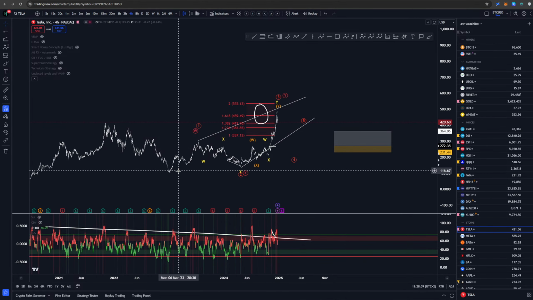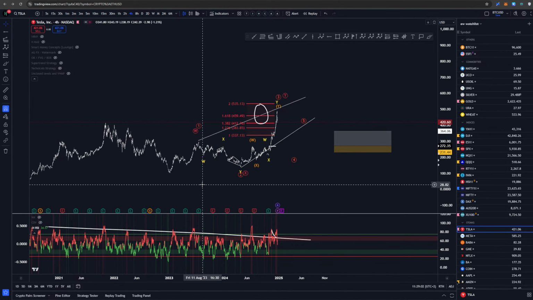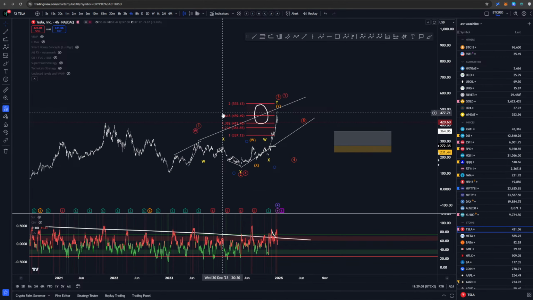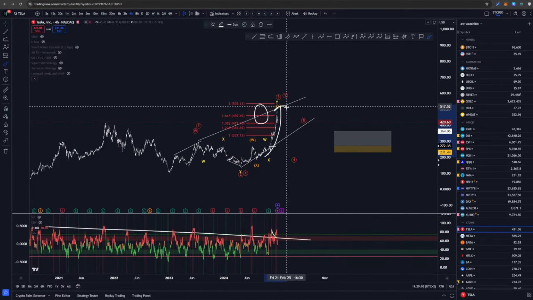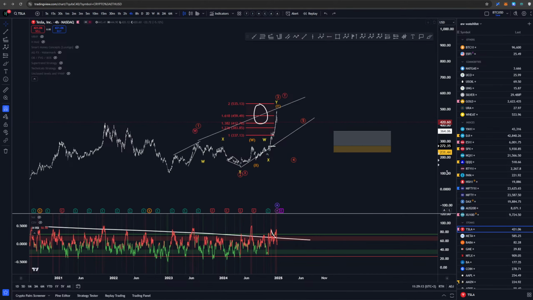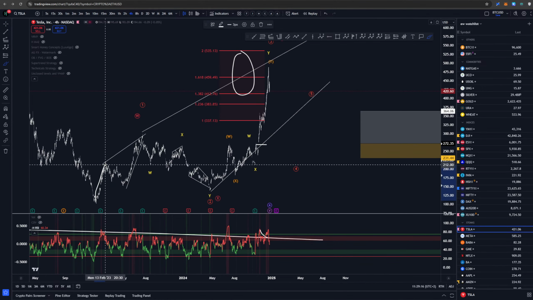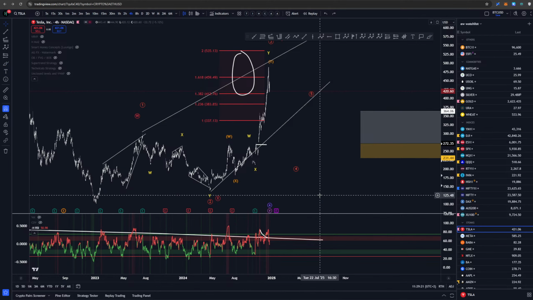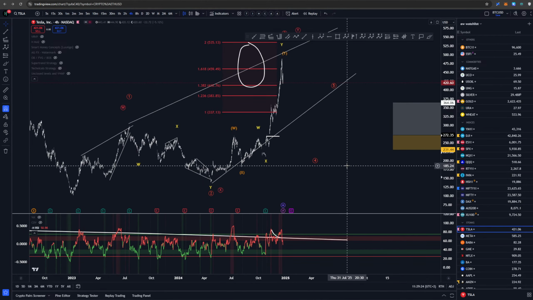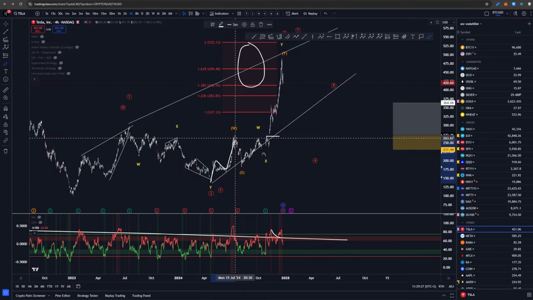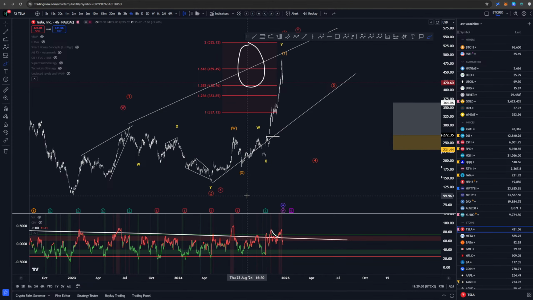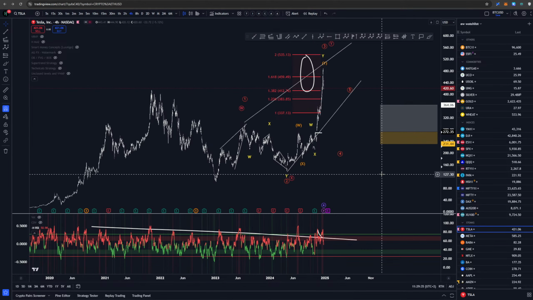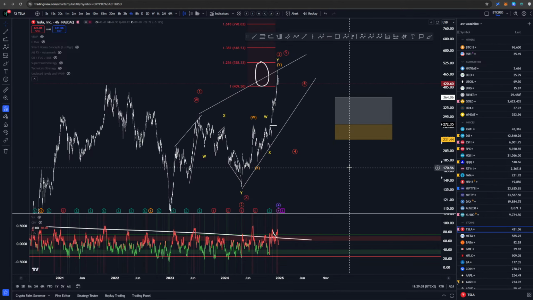But here, on regular scale, we've started to go up way more. The only thing that I'm wondering is if we can label this like so, because this is starting to go up quite a lot. The issue that I have here is that both of these first structures started with a three wave. Both are in three waves, which with Elliott wave we can't just be labeling as 1, 2, 3, 4, 5, somehow 3, 4, 5 in here. Oof. And this again looks more like a 3. Tesla is giving a bit of a headache here.